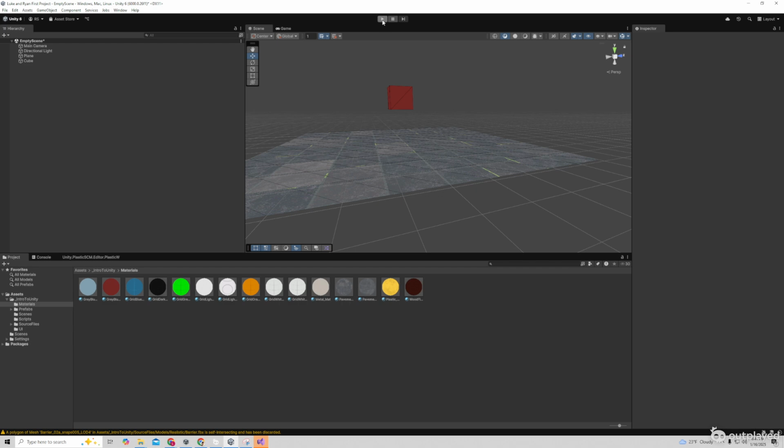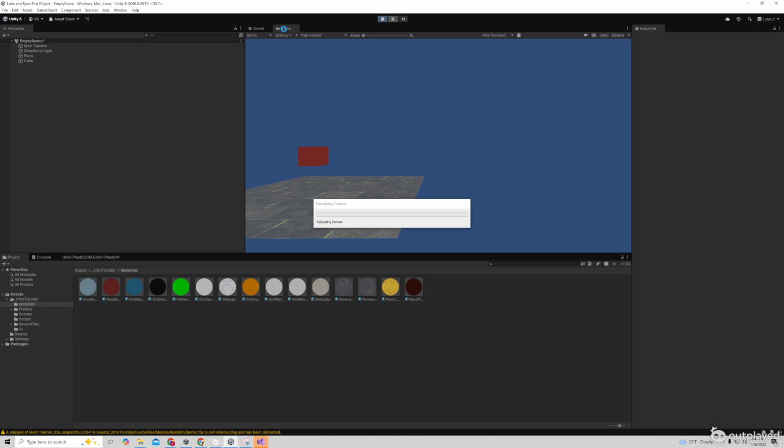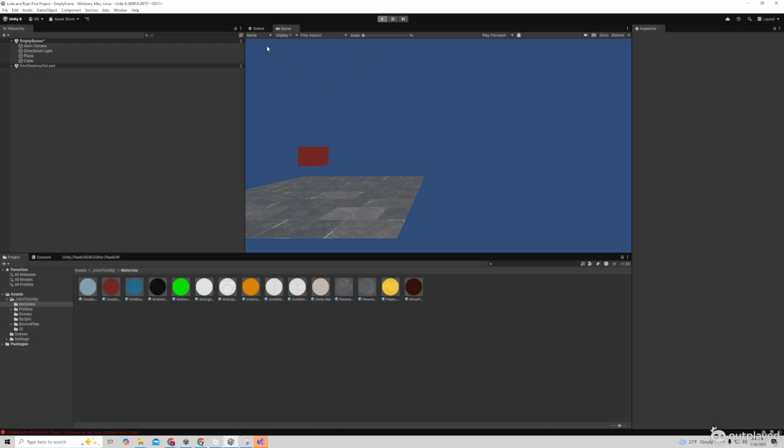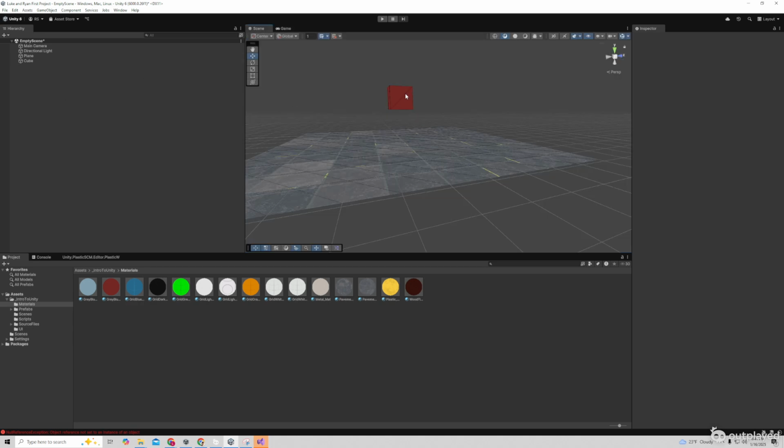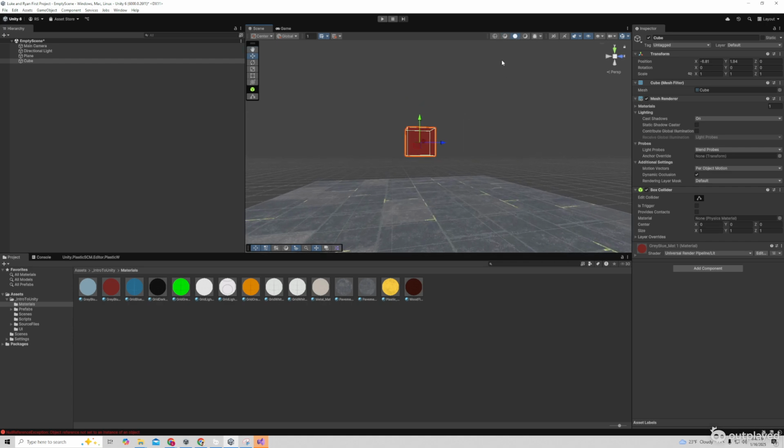I'm going to press play, and we're going to view the game camera, which is this main camera in the scene. So when I press play, we're going to view it from this angle, and the physics is going to start. But at this point in time, physics is not working on this block. The reason physics is not working on this block is because it's missing an essential component. I'm going to click on the cube, and we have some components here. This mesh renderer component is what